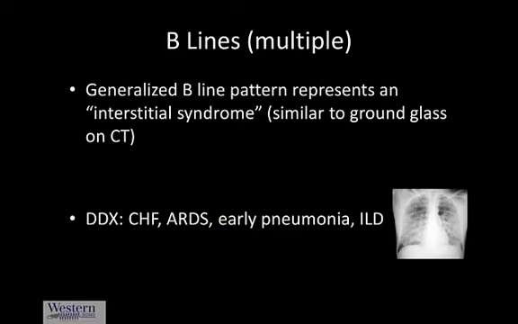Well, generalized B-line pattern suggests the same thing as an interstitial syndrome on CAT scan, or what they often call a ground glass architecture on CAT scan. And the differential is similar to what you would make of for an X-ray that looks like this if you had diffuse B-lines, so things like CHF or ARDS. If you had unilateral B-lines, you might consider things like pneumonia in its early phases, or again a bilateral picture with interstitial lung disease as well. Most commonly we're interested in the CHF or lung injury patterns for B-lines for rapid diagnosis of an alveolar cause